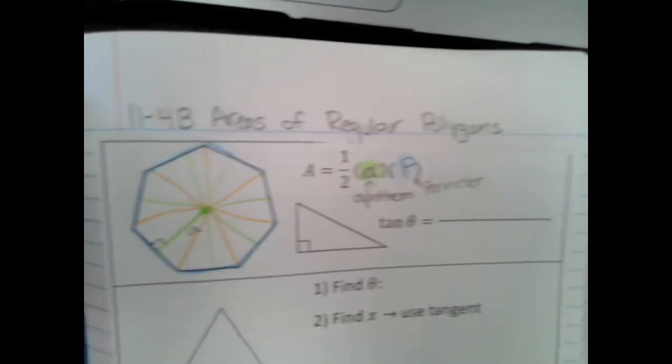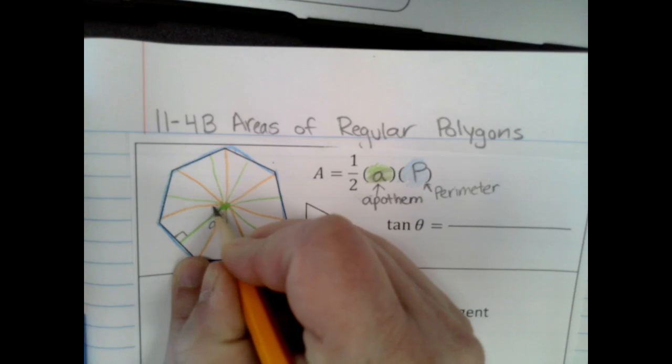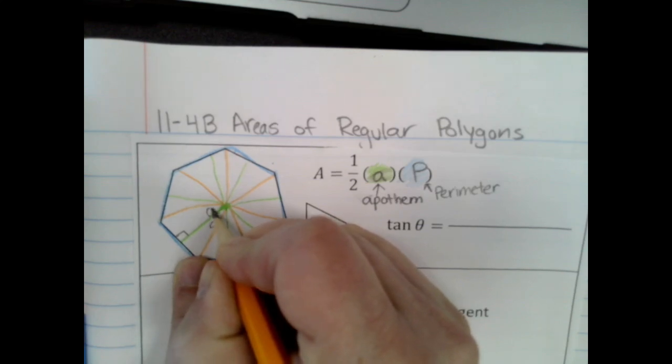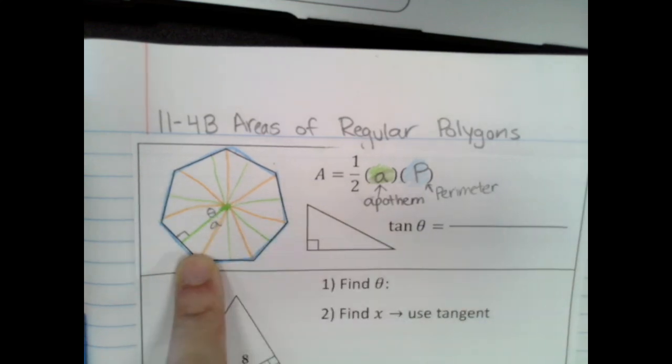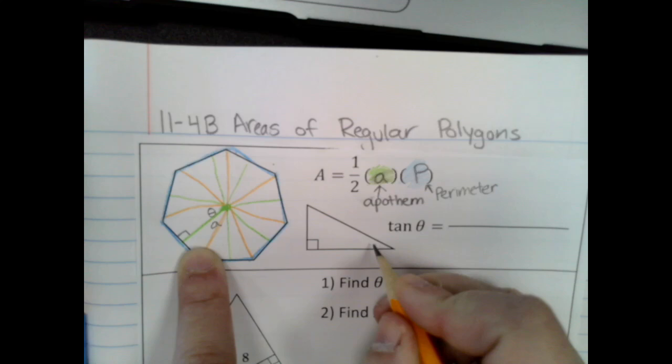Okay, in order to find the side that we need, we are going to be looking at our inner angle here that's created in our central angle. This is going to be our theta. Remember, theta is just a Greek symbol. It has a circle with a line through it. So as I look at this right triangle here, if I'm given theta here,